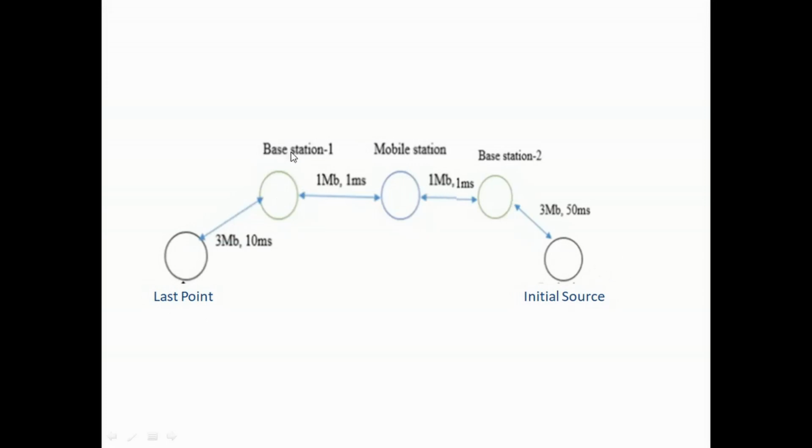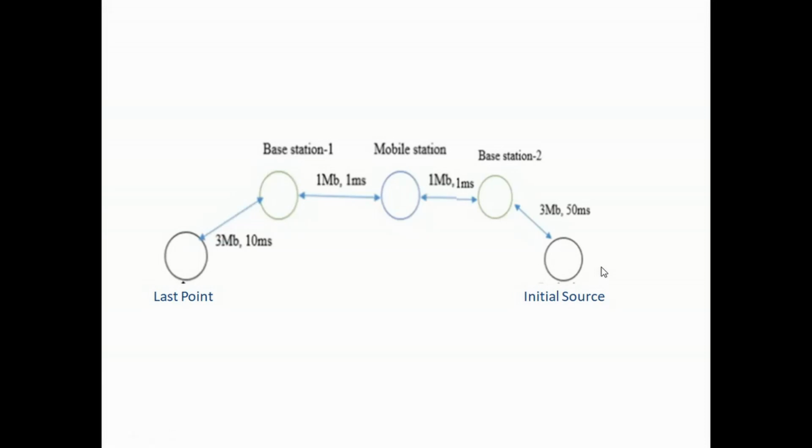And I have base station 1 and base station 2. There are two base stations, and if they are far apart, I'll use in-between mobile stations also. For example, if I'm sending data from here, it will first go to the base station and check which base station it can send to. If it is not nearby, then it will use in-between mobile stations to reach the actual base station where the intended destination is attached. The same way whenever it is going from here to here. This is the high level block diagram.